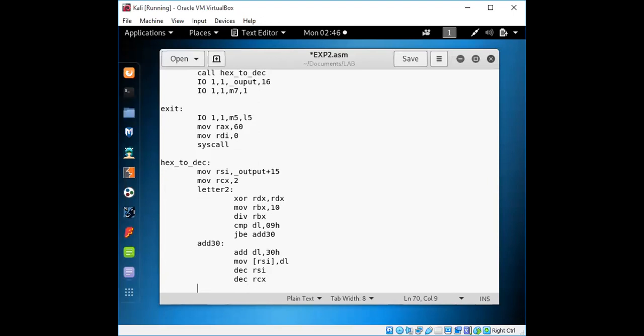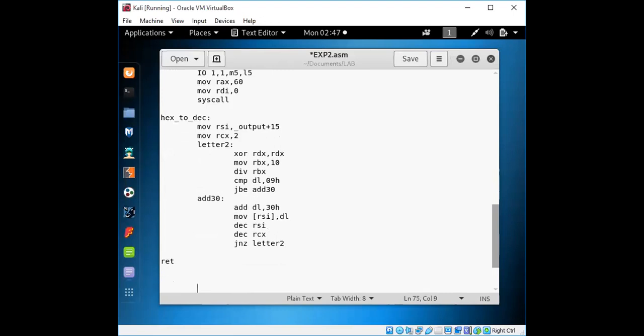Suppose if you have a space or this, here we can check that space also as a character. So this loop will continue, jump until it does not end this content. Okay.